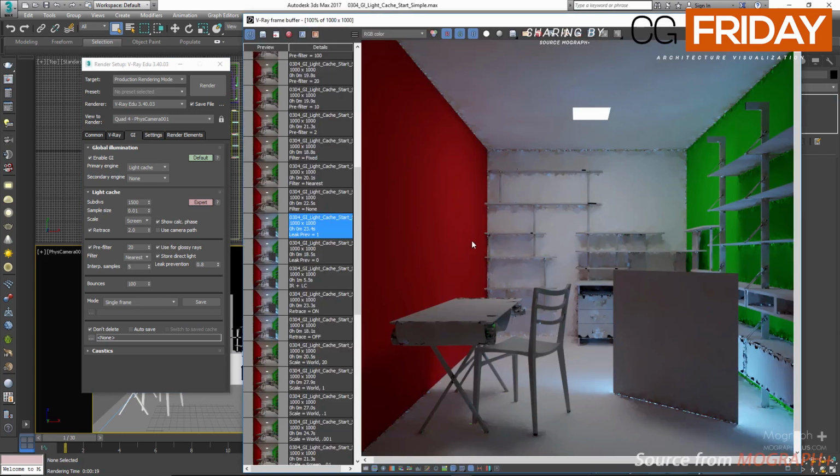Next, we have show calculation phase. When enabled, you can see a light cache preview while it's being computed before the final image is rendered. We have use camera path, and when enabled, the light cache will be calculated for the entire camera path instead of just the current camera view. In the light cache modes down here, we have a mode called fly through. If we just have camera animation and no object animation, you would use fly through mode. But if you also have object animations, in that case, the mode down here needs to be set to single frame. So for each frame, we'll be calculating a new light cache,